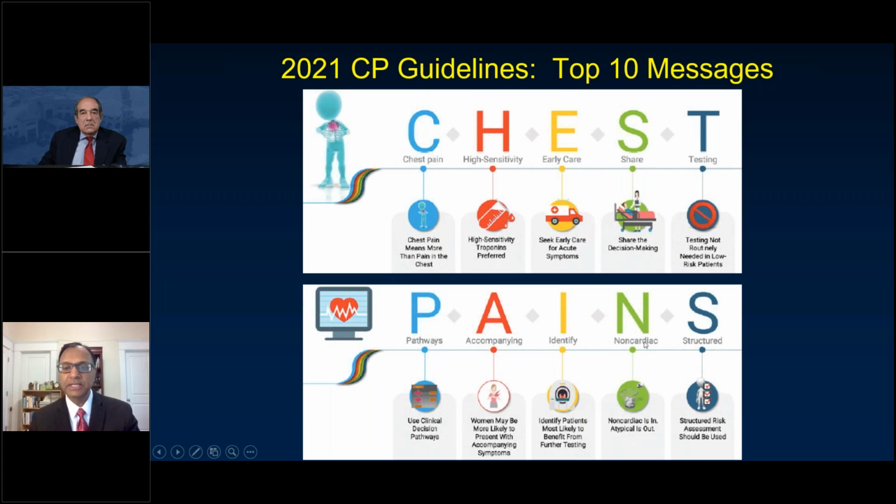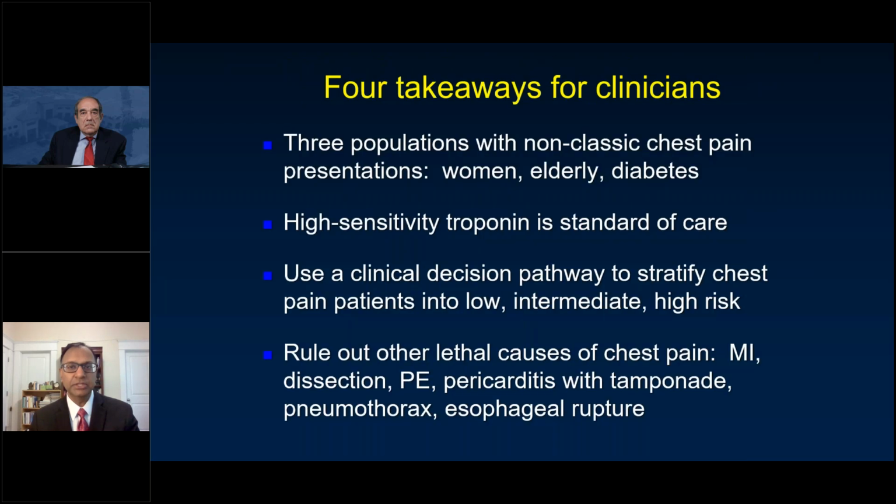N indicates a change in terminology. The terms typical and atypical are no longer favored. Instead, cardiac, possibly cardiac, and non-cardiac are preferred. And then S is having a structure or standard in terms of how risk assessment should be used. These are 10 points. When I teach trainees at Emory, I essentially try to boil this down to 4 key